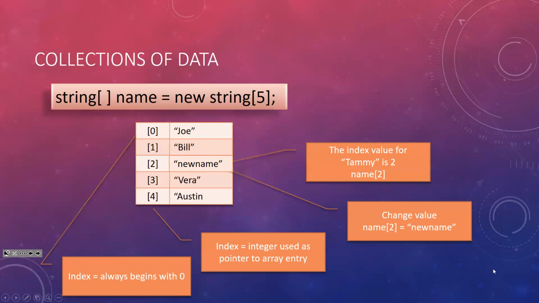I'm going to have an array of strings, and it's going to be called name. Now at that point, C# doesn't know how big it is. It's not allocated in memory. It just knows that it's going to be. Now when I use the new keyword, I'm saying now allocate that array in memory. Make it a new array in memory and make it of strings, and I want 5 of them. So whenever I actually allocate that array in memory is when I'm specifying how many entries I'm going to have